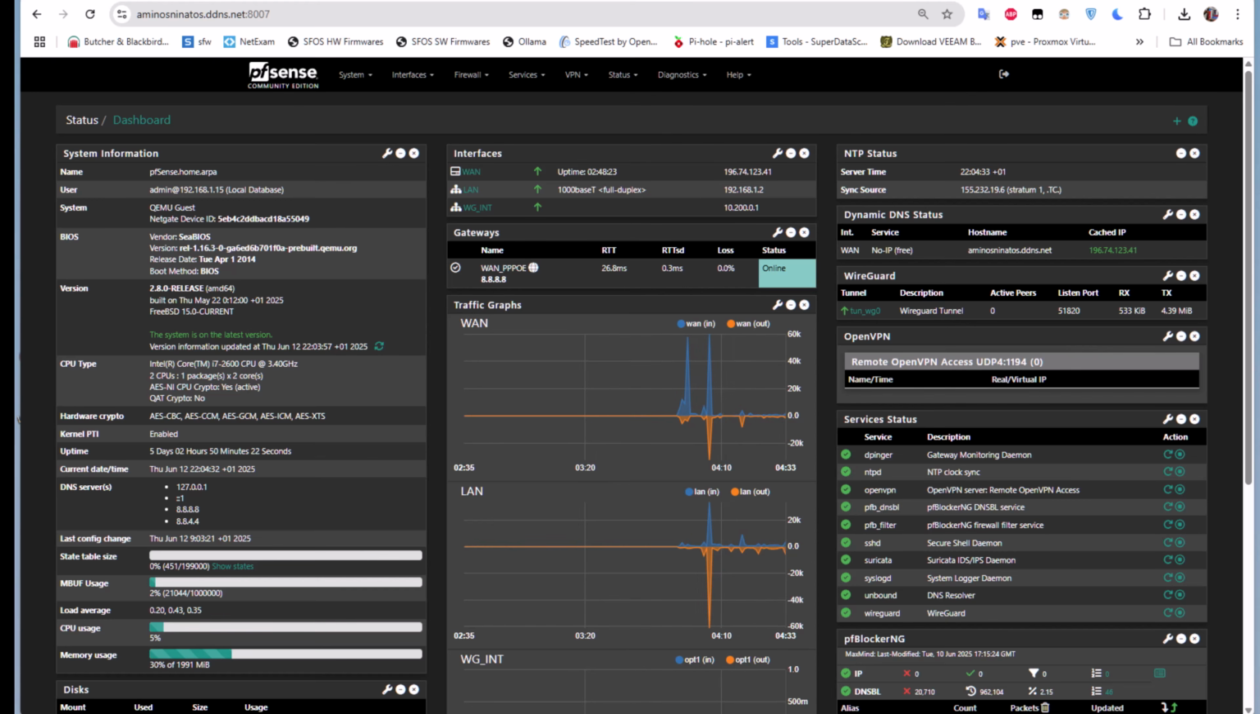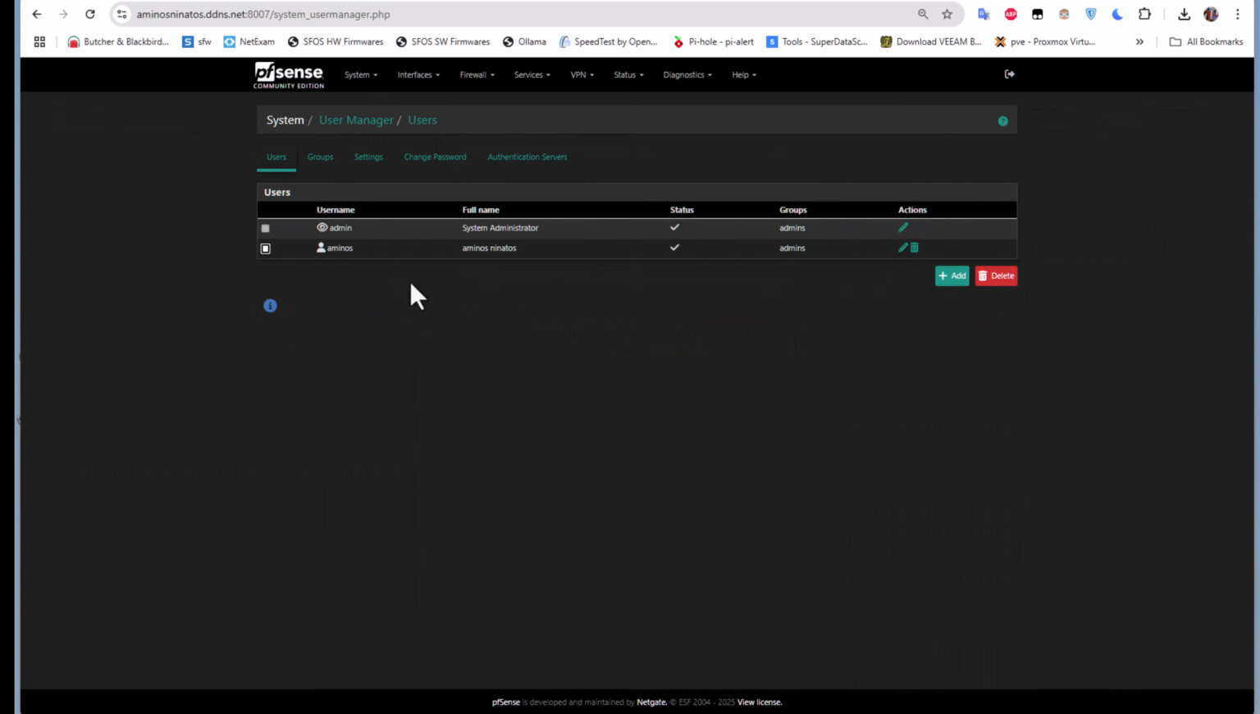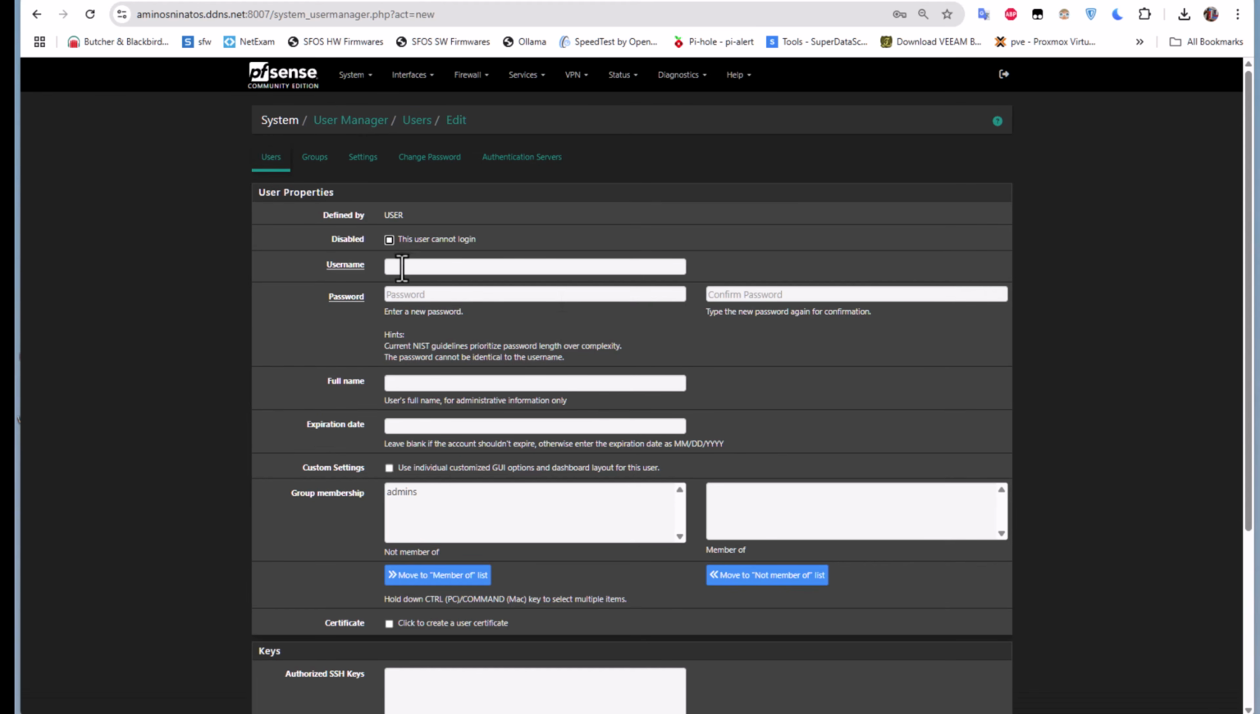Okay, so first let's create just a simple user that can actually connect to our pfSense using SSH. So let's create this user. For that, pretty simple, we go to our System menu here and User Manager. Then you can add a user. So I will add a user here. So for example, let's just call it